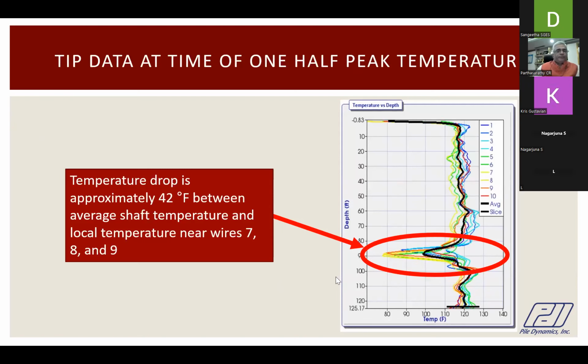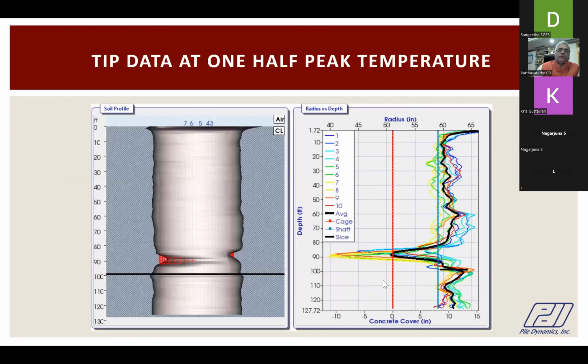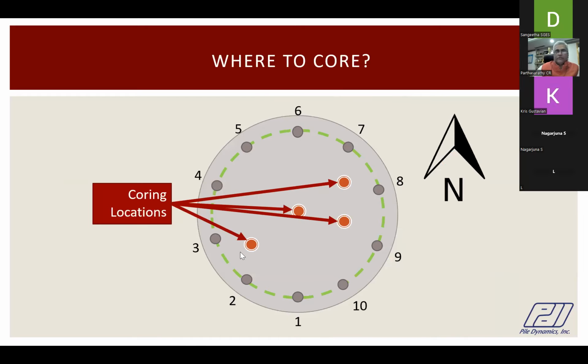7, 8, and 9 slightly. Now, they started to target those regions to core it. The client said they wanted to core it at multiple locations. So 7, 8, 9 were the cores that were of interest because that was revealed by the tip